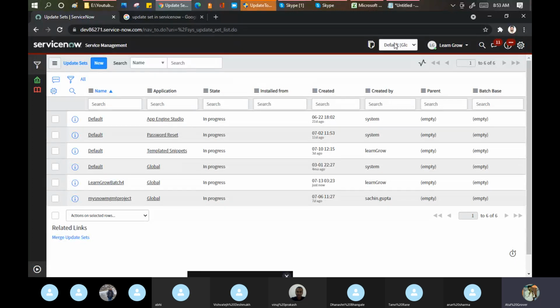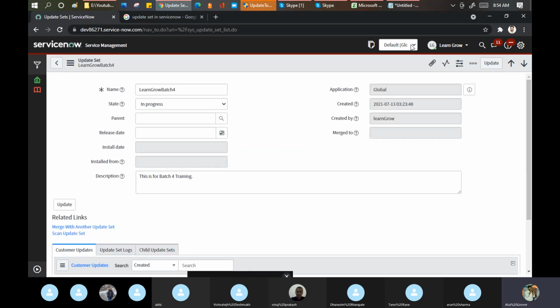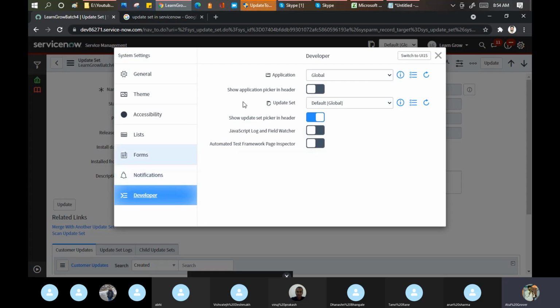Why did it not make it current? Why is it not showing in the update set here? Wait. The update set picker is this one, right?